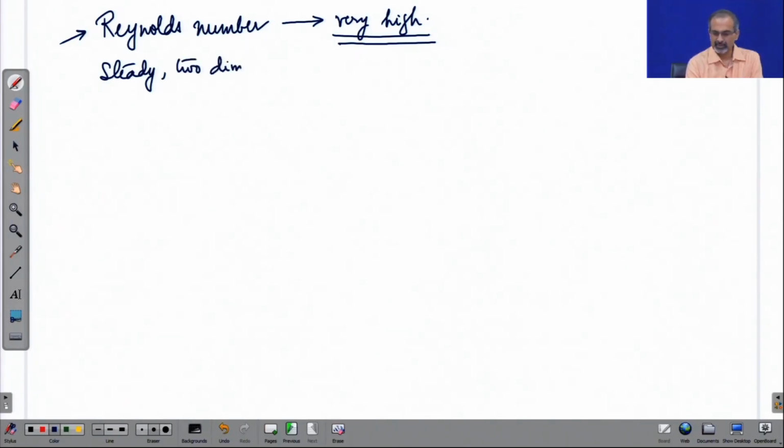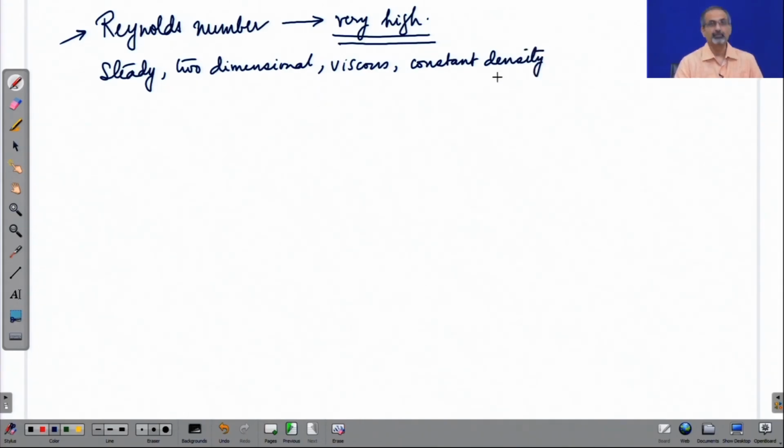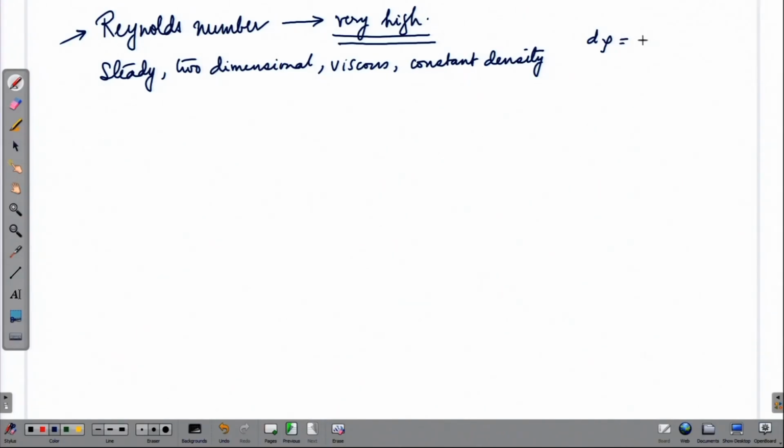We will take two dimensional steady viscous flow, but we will assume that it is having constant density. You may recall that in another lecture we had discussed the context of constant density. We said that in gaseous flows we do see density changes, but then those density changes could be nominal if the pressure changes are not very significant. So, keeping that in mind,